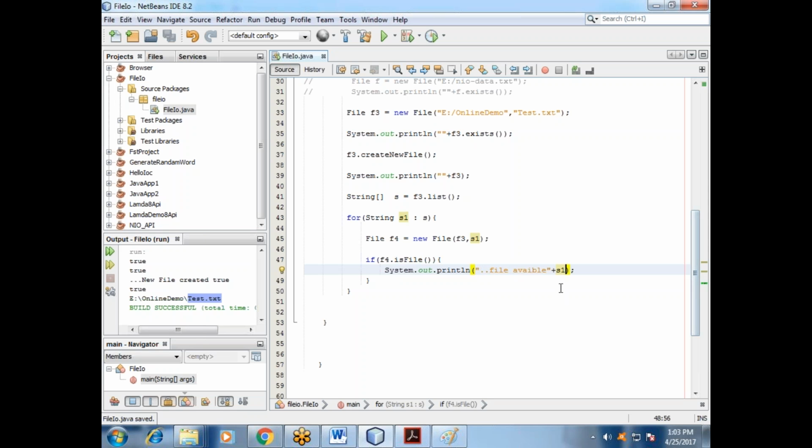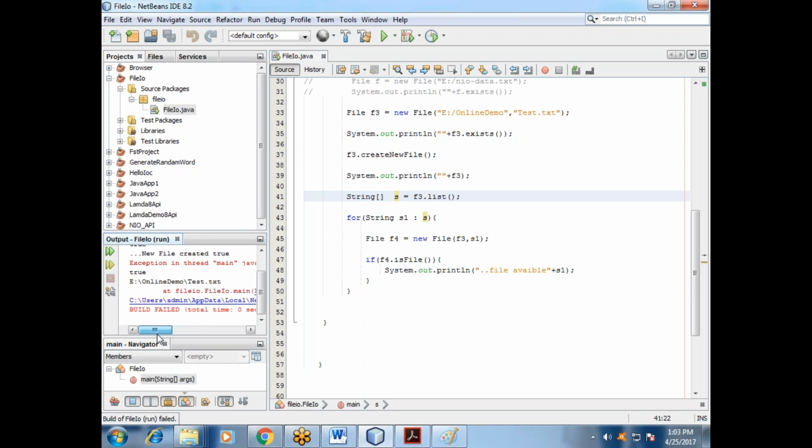So right now we are creating one string. Through that we get a response, and it will check the list, what is inside that, and pass it into S. Then we will call it through the for each loop. In the for each loop we create one file again, then pass the reference, whatever folder or file is there and whatever information it holds, passed as a parameter in the file. Then we check whether the file is available, true or not. Based on that,